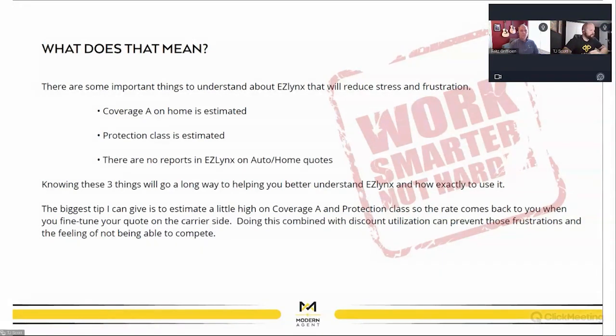So the biggest tip that I can give you guys, and we'll talk about it a little bit more, is estimate a little high on some of those things. Let the rate come back to you. I have some people that'll put in an arbitrary effective date or arbitrary RCE or something like that, but they go kind of low on it. Like maybe they match a